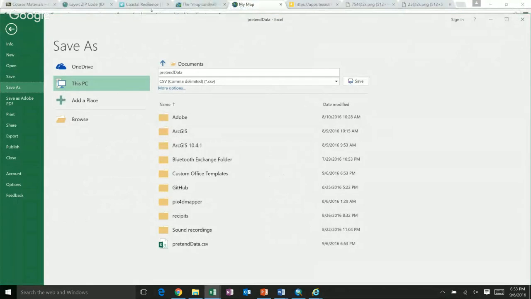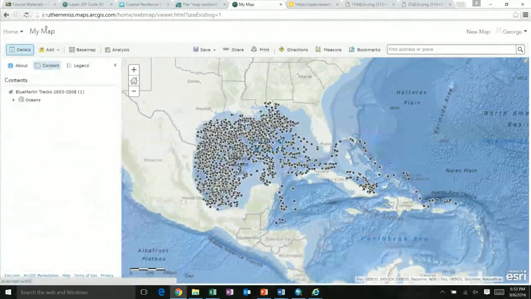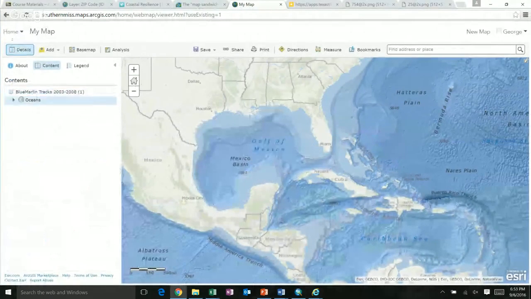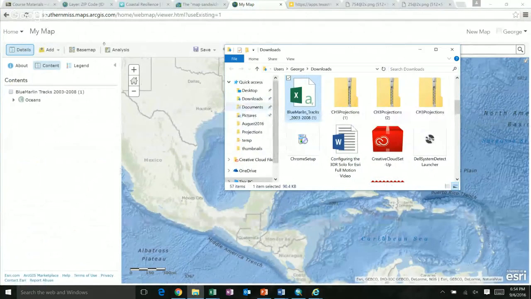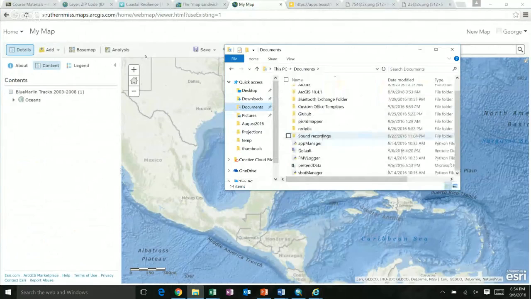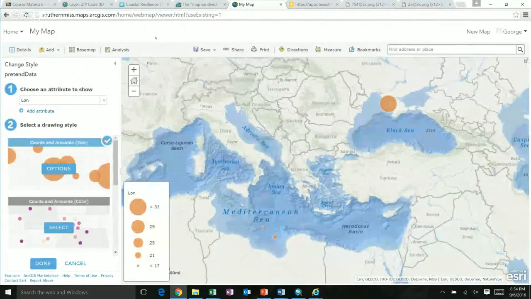I've got it saved there in my documents, and now I'm just going to turn this blue marlins off, and I'm going to go to my documents, where it saved it. And my pretend data is right here, and I can drag and drop pretend data onto here. And you can see that one of my points is up here near